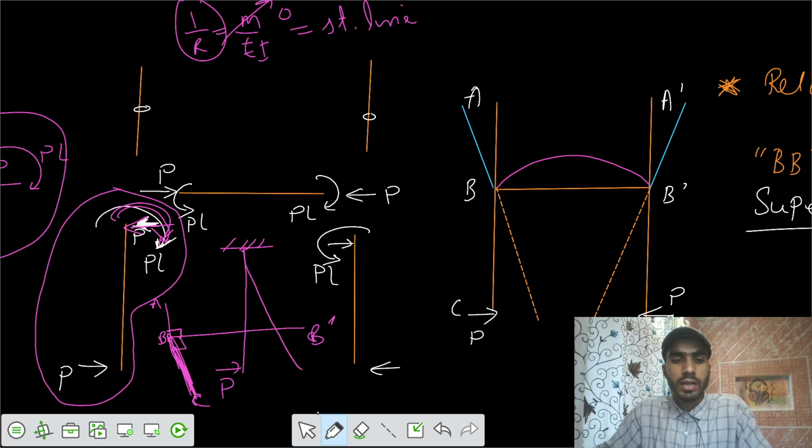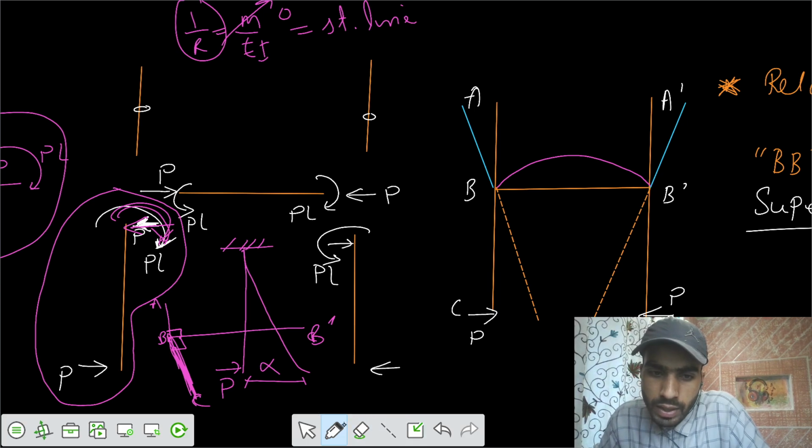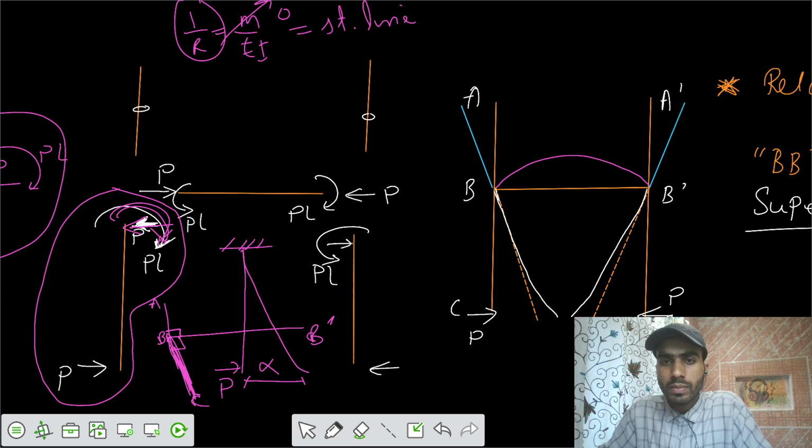We can say it will deflect in this fashion by some amount of alpha. So it will deflect by some amount. We can show that also. Let's say that the deflection here would be somewhat in this fashion. Similarly in this fashion also, in this part also. So finally we can say,